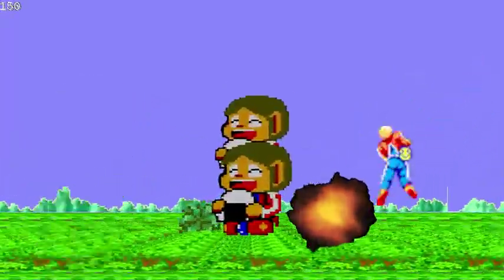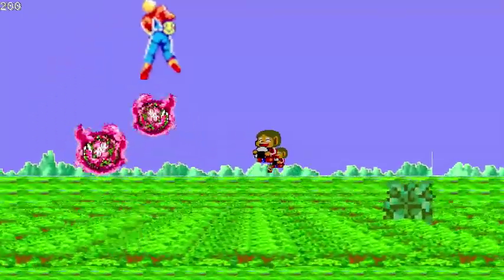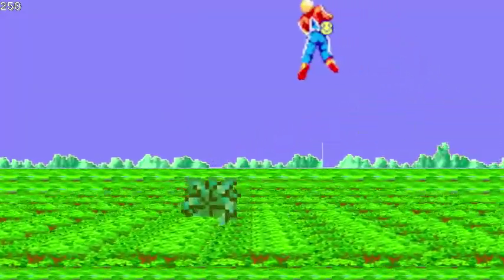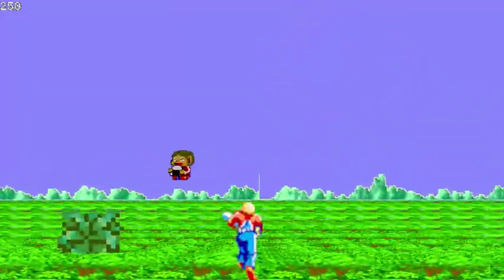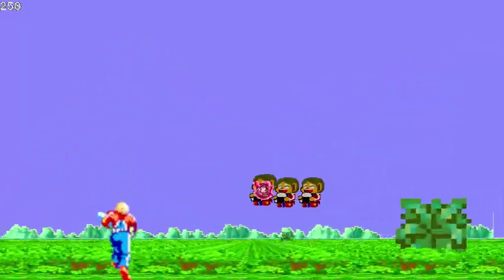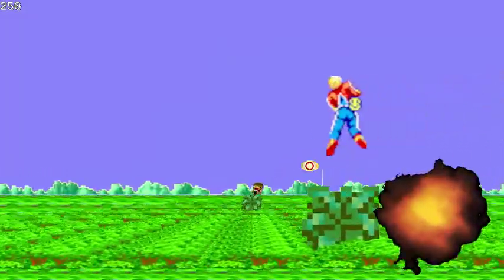So this field is just infested with these dragonfly things, and that's what you're going to be fighting throughout most of the stage. And here's some that shoot at me, again with the Master System fireballs. Actually, I'm not even sure those are Master System. Here's some more shooting at me. We got some more hill action. But I can drop these things and shoot them down. There's some more just flying by harmlessly.